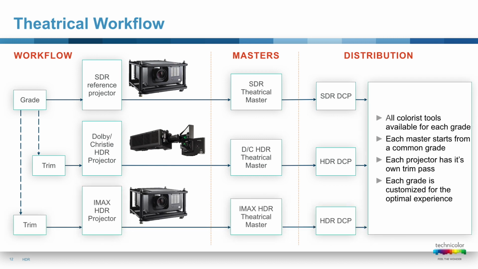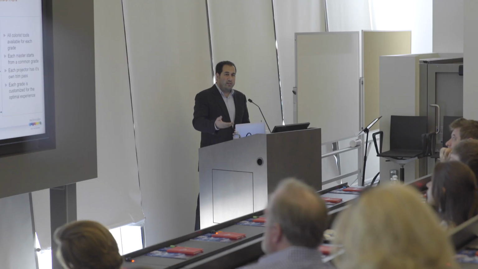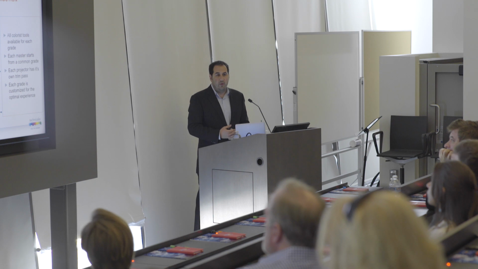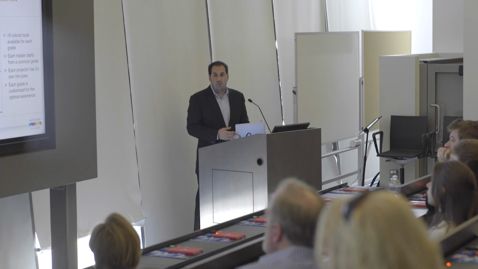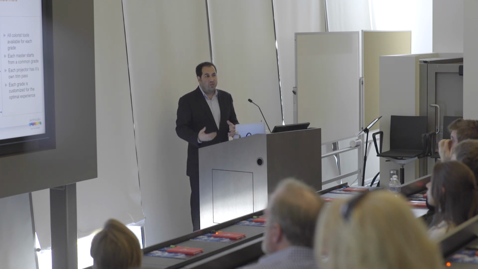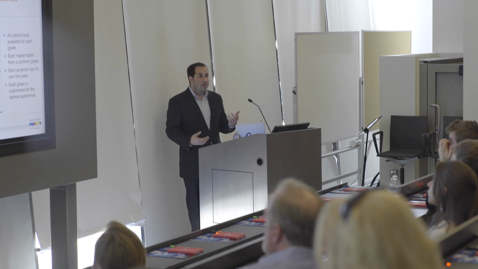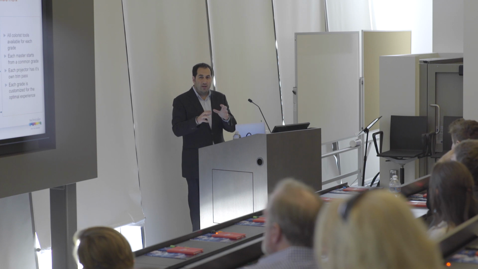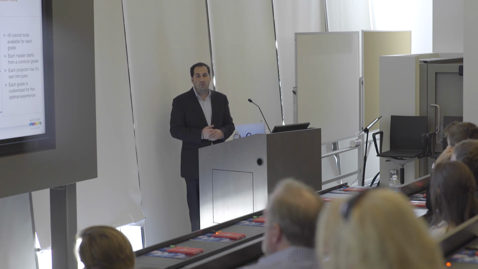Well, it's not much different than what we've done before for theatrical. Once we grade and we have an output referred lookup table or something like it to a standard dynamic range projector, we can remove that output referred lookup table, replace it with a different projector's output referred lookup table, and trim the grade. There will always be a trim pass involved because as you change what the projector is and how the colors are behaving and potentially what the white point is and what the contrast is, a colorist is still going to have to touch it and make sure that it looks appropriate on that new screen.